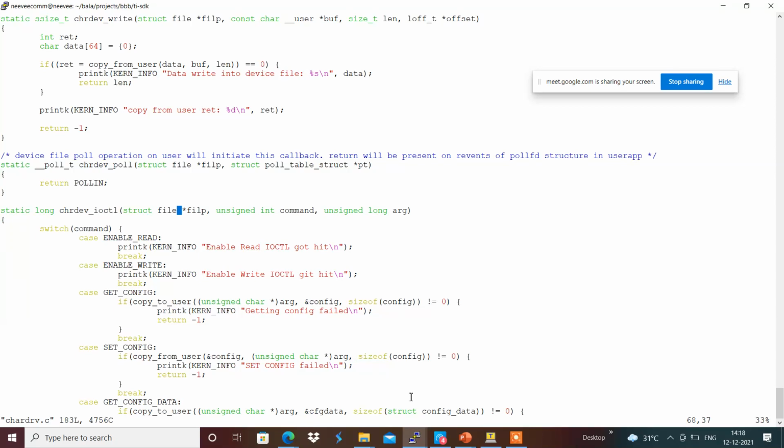And we have ioctls which can be used for configuring the device driver. This is basically a skeleton.